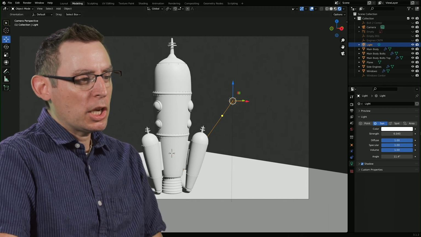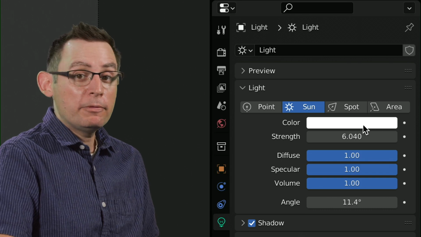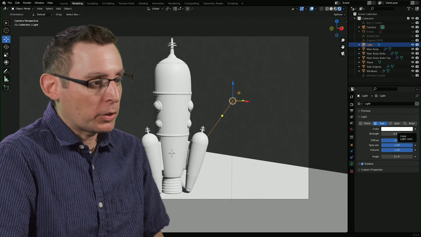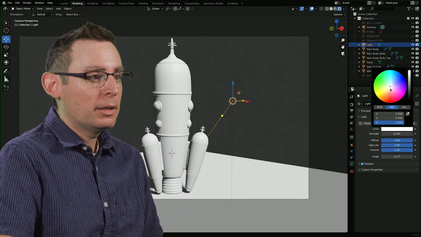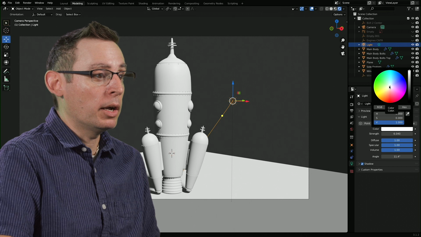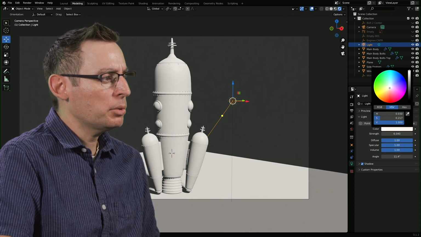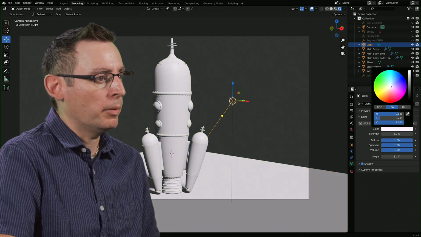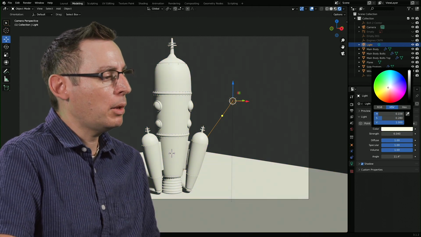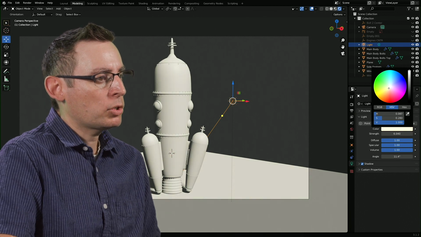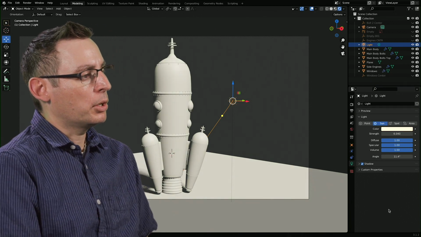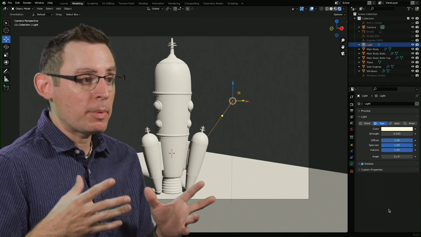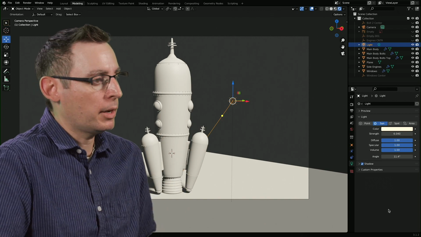In addition, I also want to change the color of our light, because right now the default color is white, and it is physically impossible in our known universe, maybe the multiverse, to have a white light. All lights are shades of blue and yellow. So I want to make this light just a little bit yellow, not like this yellow. I mean, you certainly could do that, but that doesn't look real. But I'm going to tint my light just the smallest shade of yellow. I'm going to try to stay on the orange side, and that's starting to look pretty solid. A simple little render like this goes a long, long way in describing the details of our rocket and our engine.